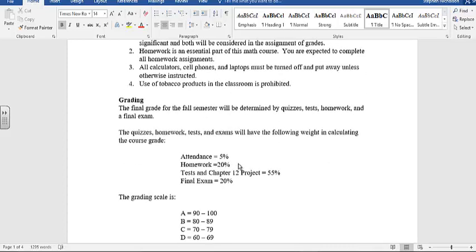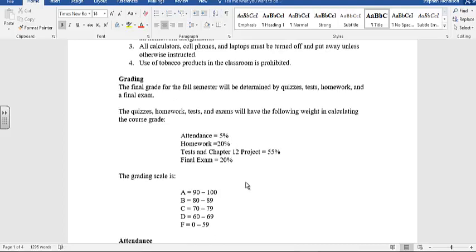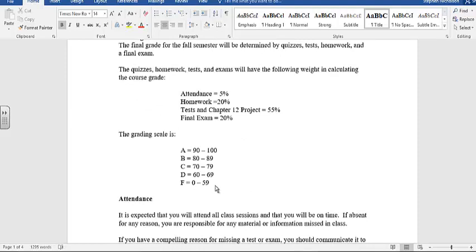The grading is 5% is attendance, so we take attendance every day. Homework is 20%. So if you don't come to class and do your homework, you've already pretty much got a middle C, and there's probably not much chance that you can get a passing grade or a transferable grade. So if you stop attending, I may just withdraw you, because if I withdraw you early enough, then this grade doesn't count against you. But if I withdraw you, then there could be financial aid considerations. So the grading scale is a 10-point grading scale.